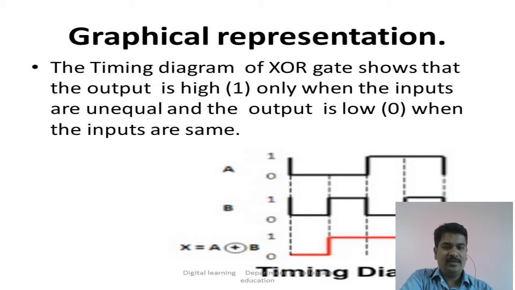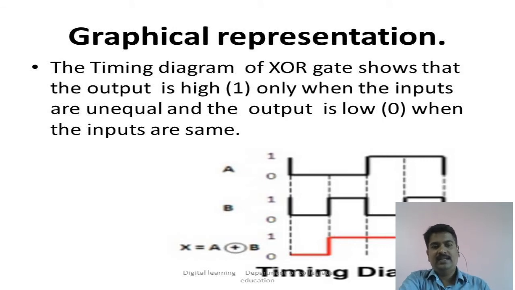So look at the third combination. Again, it is unequal inputs. If unequal inputs are there, you can expect a high output once again. But the last combination, which has both 1, that means equal inputs. If that is the case, you can expect a low output for an XOR gate. So output of an XOR gate is high only when inputs are dissimilar or unequal. Output of an XOR gate is low only when all the inputs are the same.